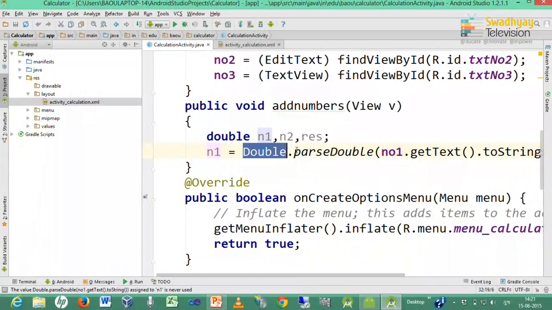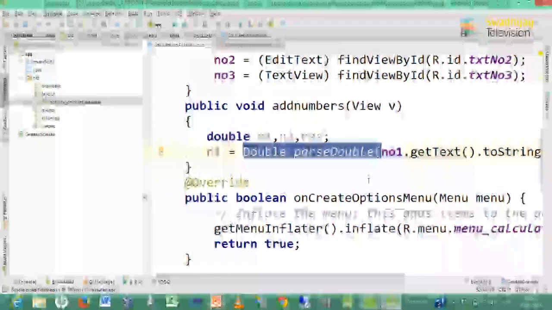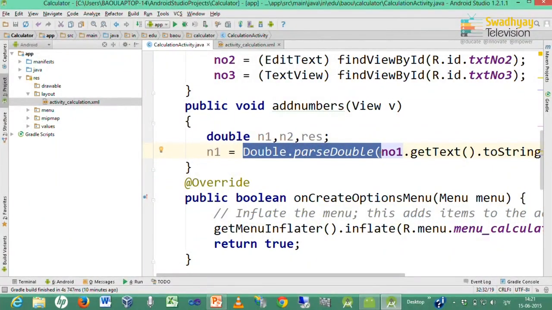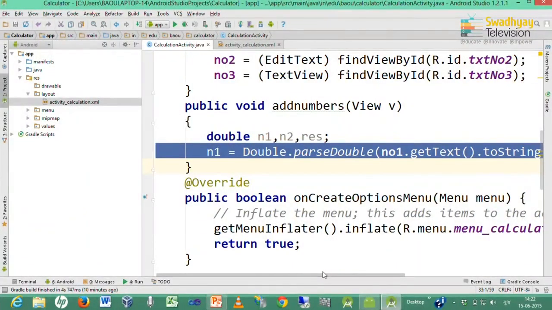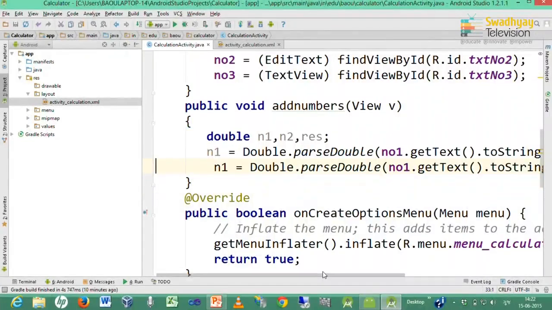Inside n1 we convert this string into a double value using Double.parseDouble. Here Double is a wrapper class and parseDouble is a method that converts a string into a double value. So, this is how you can convert text entered in the first EditText into a number represented by n1.